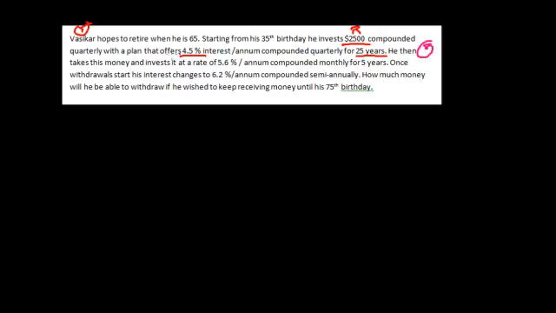he then takes this money and invests at a rate of 5.6%. So we want to take the money he earned from this investment and put it into a compounding account for 5 years. So that's part 2. And finally,